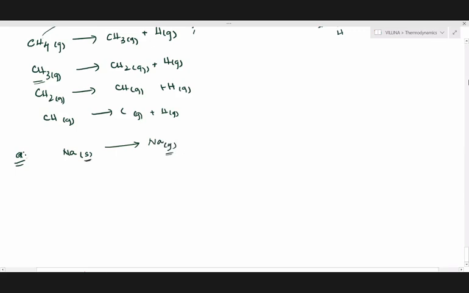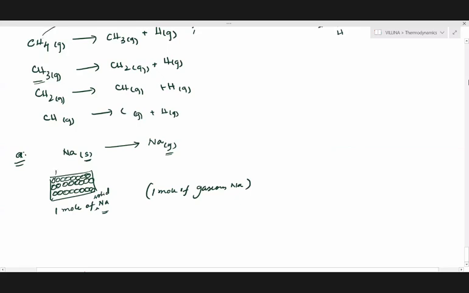So here also, how does solid sodium exist? Theoretically, all the solid sodium atoms will be packed together by a metallic bond. The metal ions will be in a sea of electrons. So from the solid state, 1 mole of solid sodium will be converted into 1 mole of gaseous sodium atoms. So we are breaking the metallic bond over here.